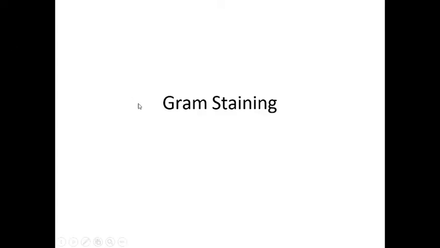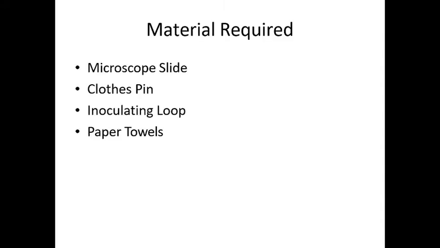So student, today we are going to learn about gram staining. Gram staining, as you can see, is differentiating between the types of bacteria based on the type of stain that they harbor on their membrane. So the material required for this experiment is a microscope slide, clothespin, an inoculating loop to